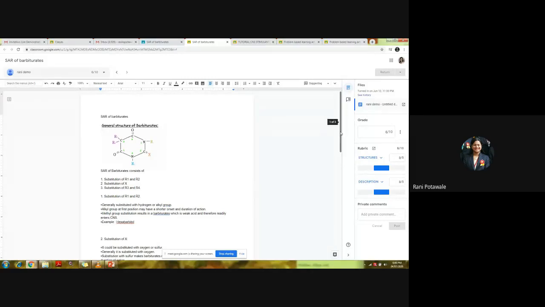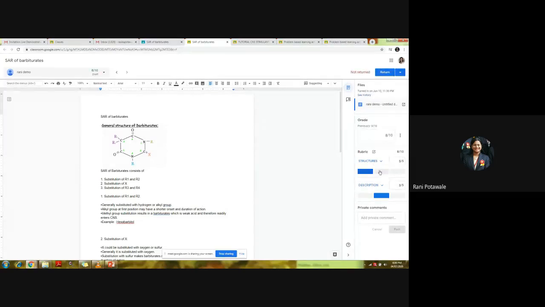Here you just need to check this assignment. The two criteria I have decided are structure and description for SAR or barbiturates. Check this assignment, see the structures, and select the appropriate level. According to your selection, it will take the marks automatically over here. See the description, whether it's a poor description or excellent description, and select the level accordingly.